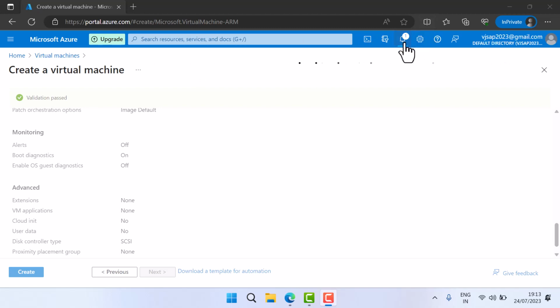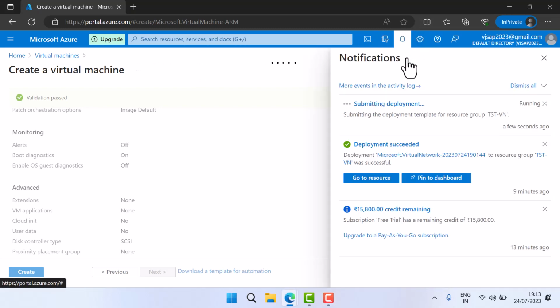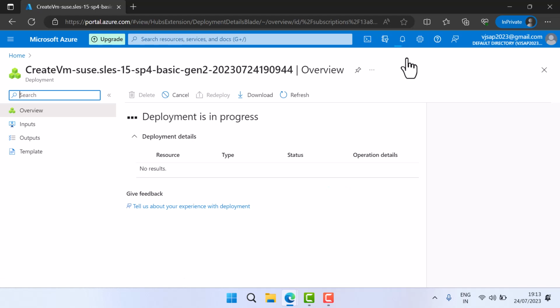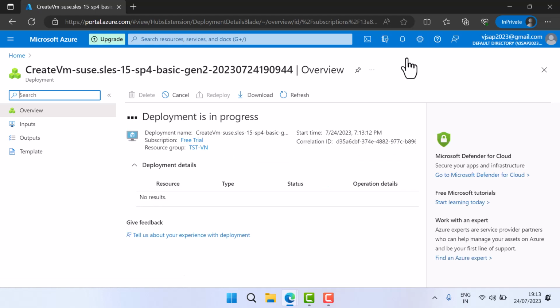Now it starts reducing the price, whatever credits I got, right? Those will be reduced. Tomorrow I can see how much reduction I got. So currently I have 15,800 credits. Now that will be reduced. So now you can see here